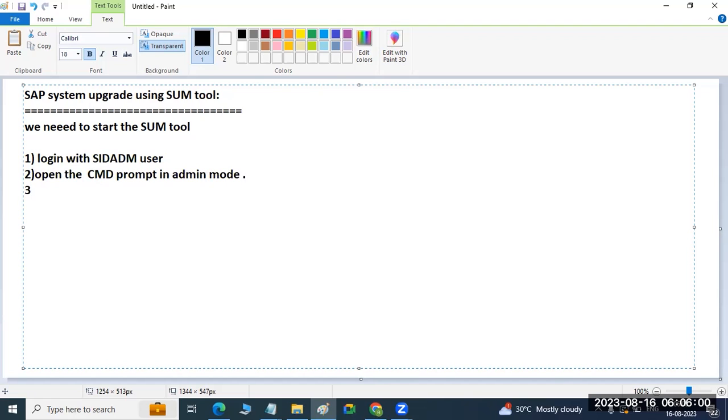Then navigate to C:\usr\sap\<your SID>. Under this you have to navigate, then extract the SUM tool. We have to extract the SUM tool using the SAPCAR command. Once you extract it,